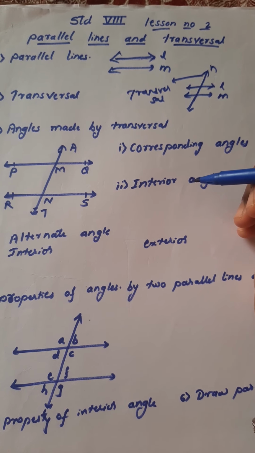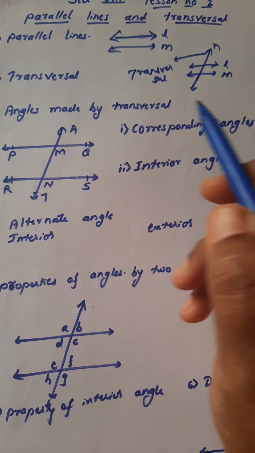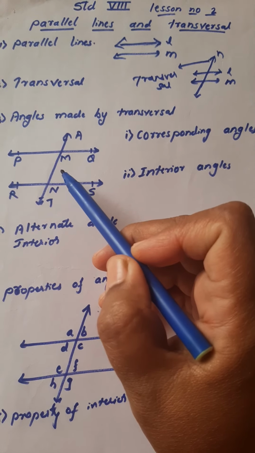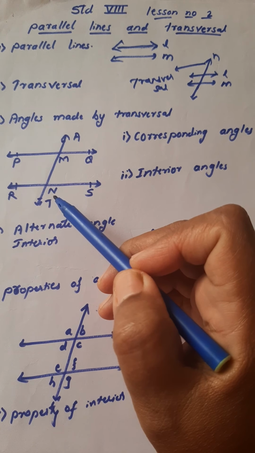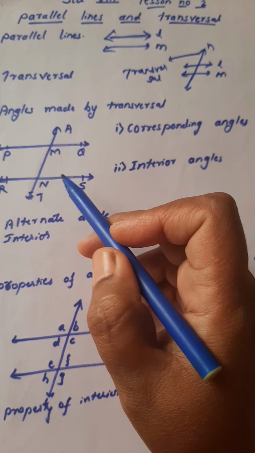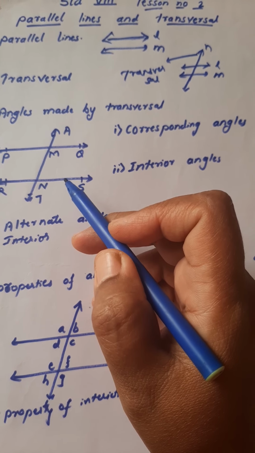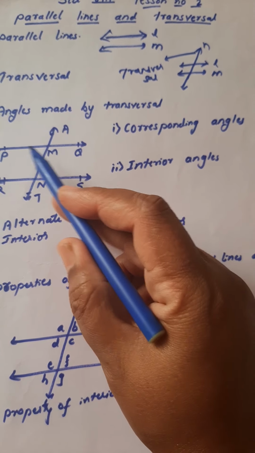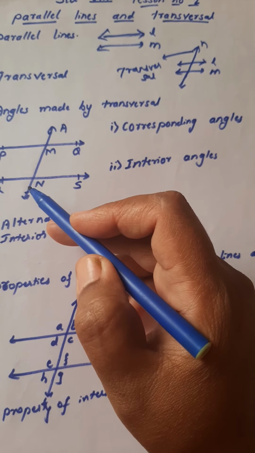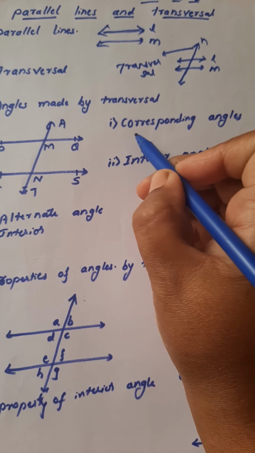Now the next point is the angles made by the transversal. What do you mean by the angles made by the transversal? I have drawn these two parallel lines and one transversal here. Now we will see the different angles made by the transversal. First one is the corresponding angle. Corresponding angles means what? When there are two parallel lines and one transversal, the angle AMQ, I will write here